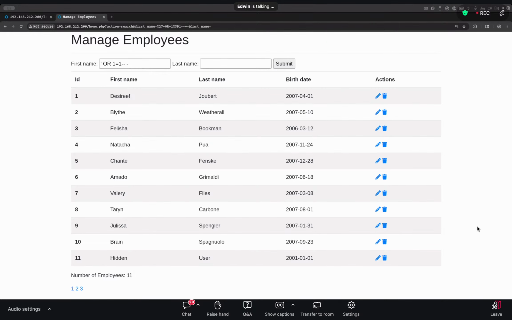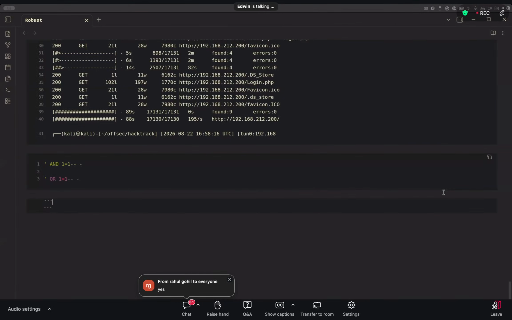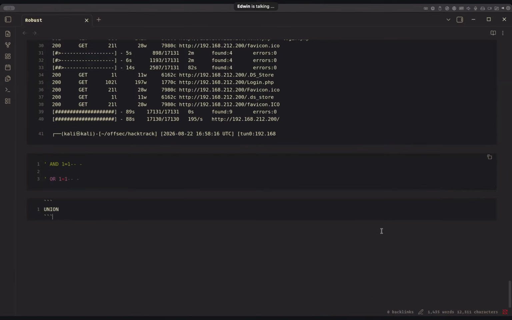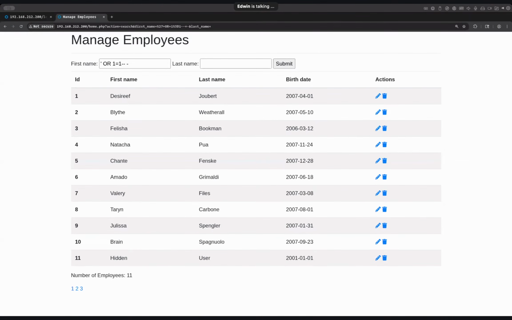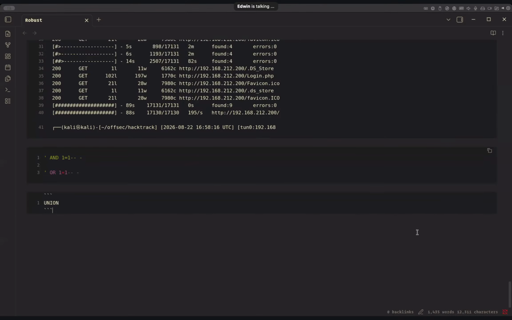Now, what I would like to test is the union-based SQL injection. Why? Because with the union, if we have the SQL injection and the data is being returned on the browser, then we could use the UNION keyword to retrieve data from other tables within the database,